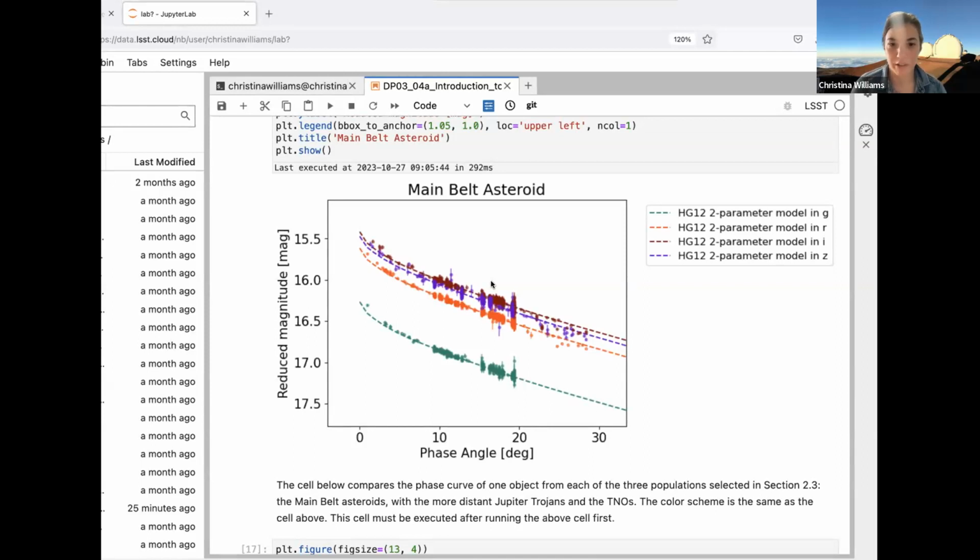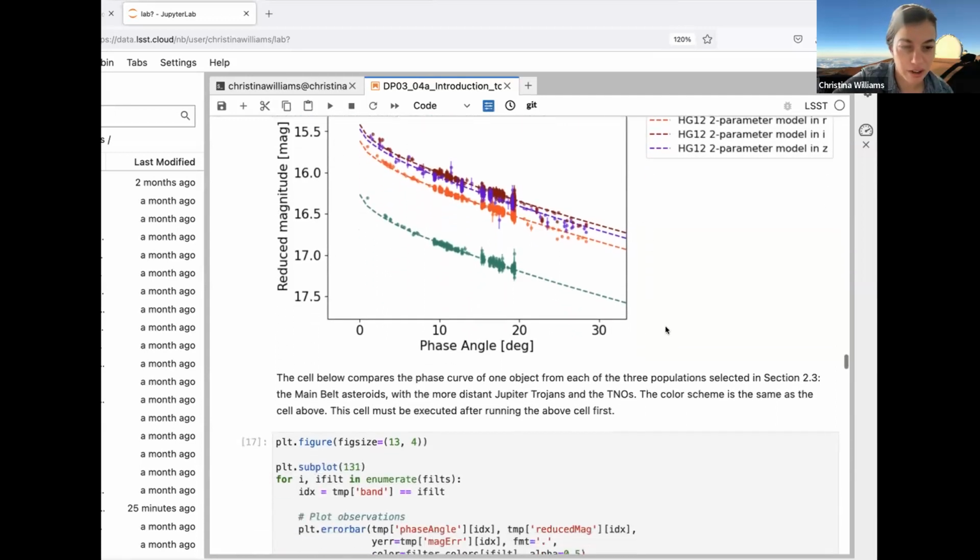So that's what we've done here. We're plotting the phase curve that the DP0.3 dataset has automatically generated. You can, of course, model these yourself with any kind of model that you see fit, and Yumi's going to talk about that in the next notebook. But this gives you an example of how the DP0.3 dataset contains information about the solar system bodies, so you can retrieve phase curve parameters that are automatically generated. And that's what we're plotting here.